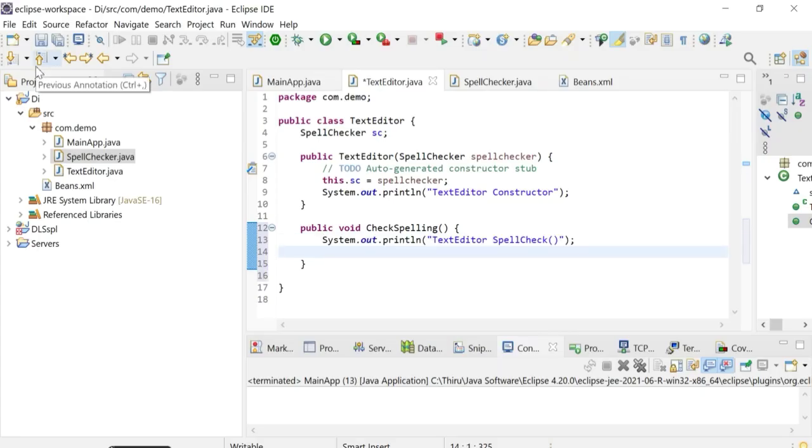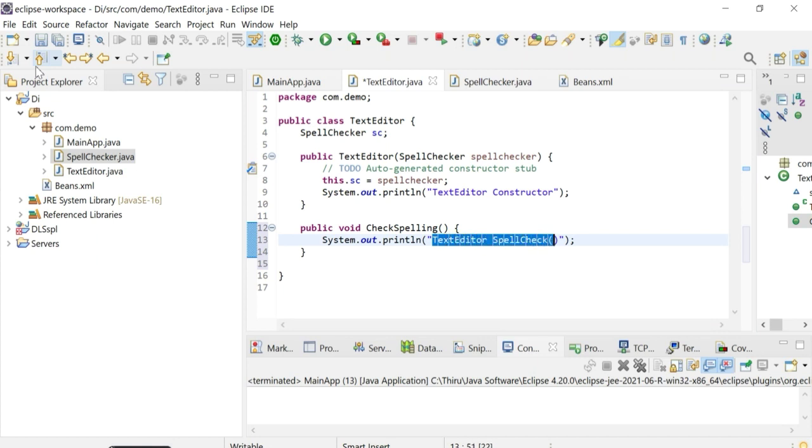I already keyed in all this text, so I just copy and paste it. So here what it displays is text editor spell check. Alright, so I give the name as spell check.